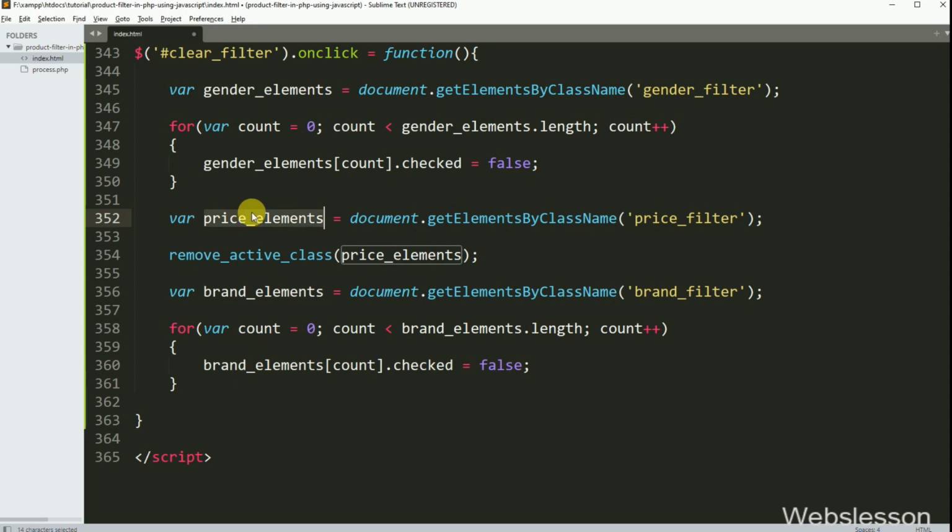So here we have reset the radio button filter, price range filter and checkbox filter. Now we want to load all products on the web page with pagination link. So for this, we call the load product function with 2 arguments, and in the first argument, we write 1, and in the second argument, we write a blank value. So it will display all products on the web page with pagination link after reset of all filters. So here our code is ready. Now we check the output in the browser.